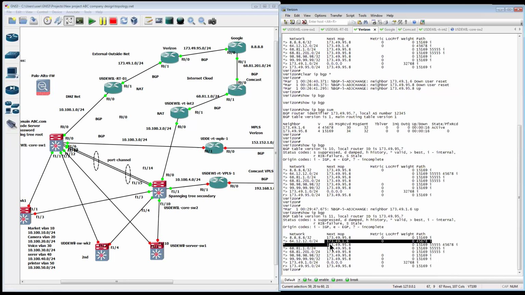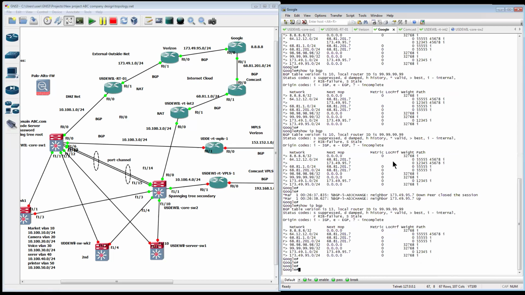If you go back from the Comcast, because it's a three hub. So this router says no, I'm going to follow the short path, right? This is correct. But now how about in Google? See, now if I refresh in Google, show IP BGP,